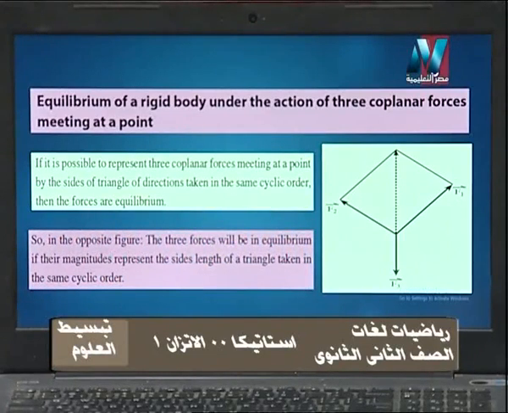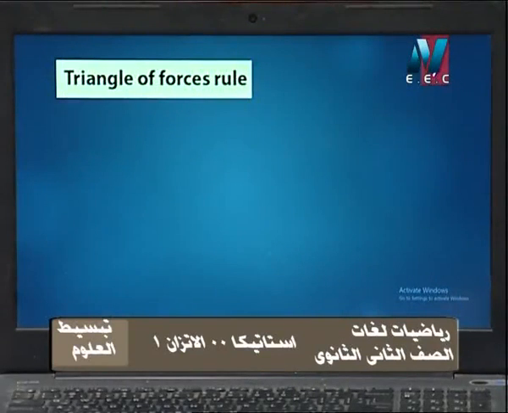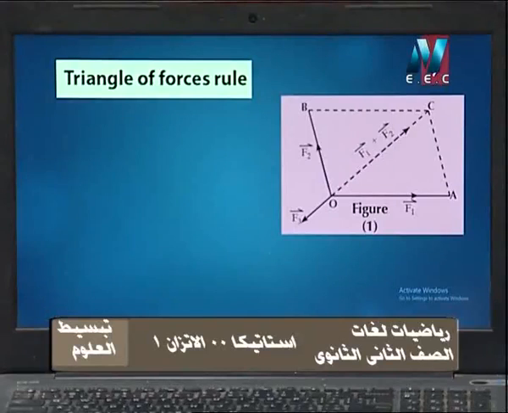So in the opposite figure, the three forces will be in equilibrium if their magnitudes represent the side lengths of a triangle taken in the same cyclic order. So, the triangle of forces rule now. If we have F1 here, OA represents the force F1 and OB represents F2, and we have the resultant here equals F1 plus F2,